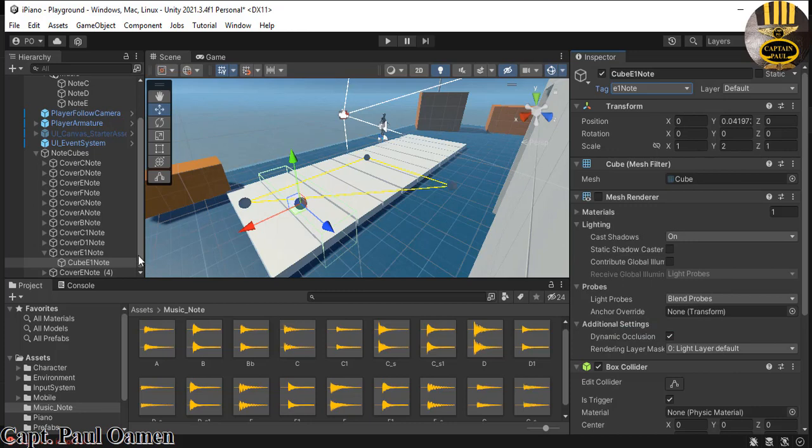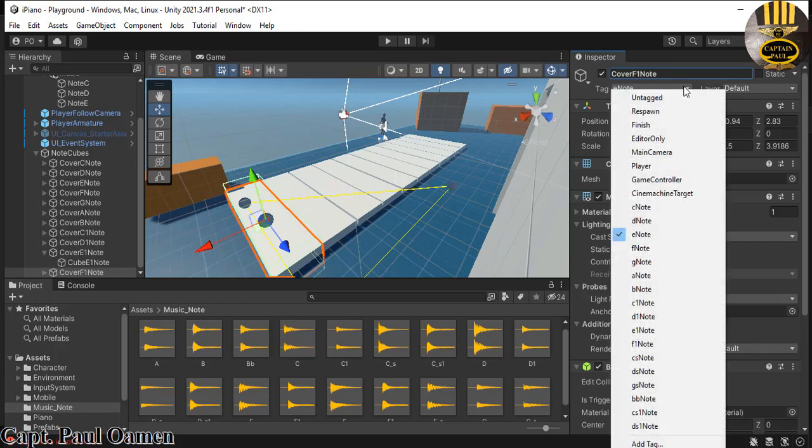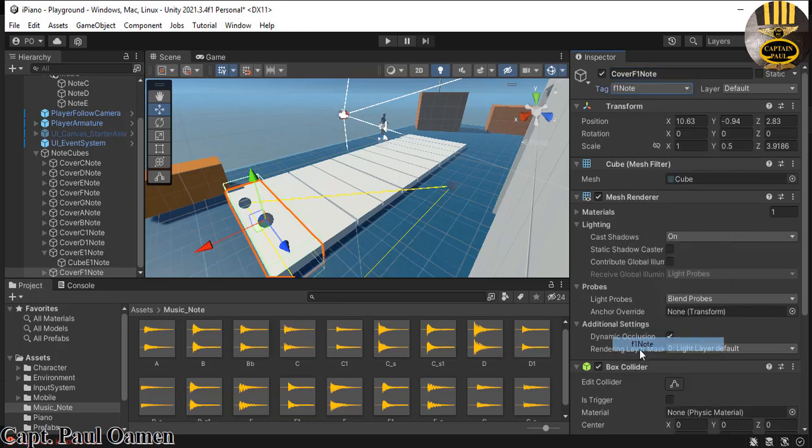And finally, for the white keys, F1. Change this to F1. Tag is F1 note. And the cube inside it, drop it down, scroll right down, grab the cube,